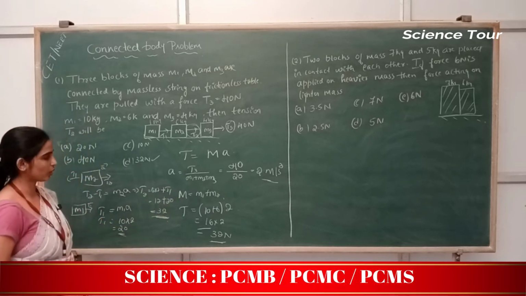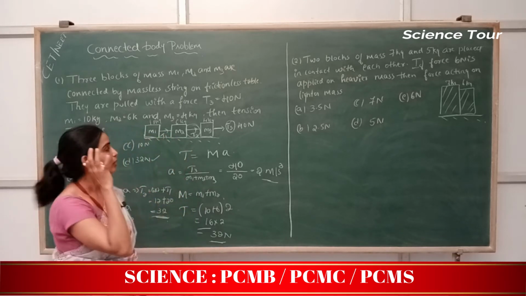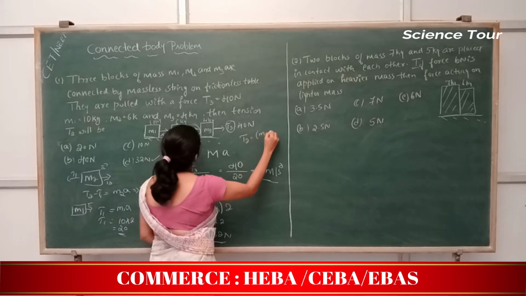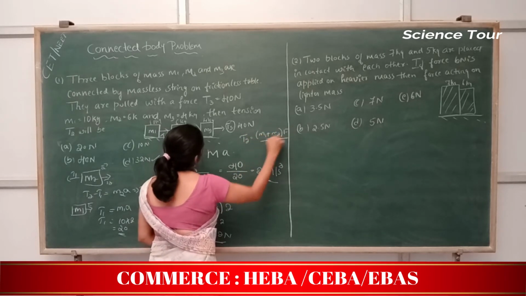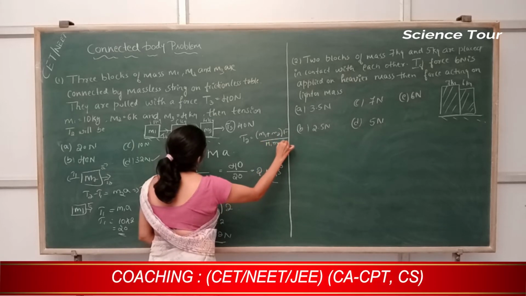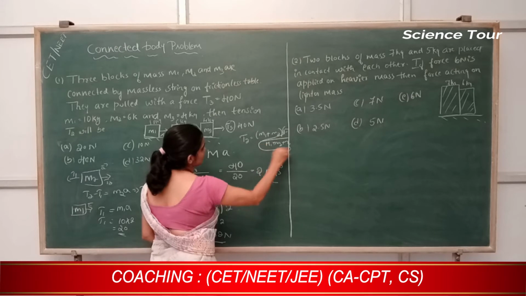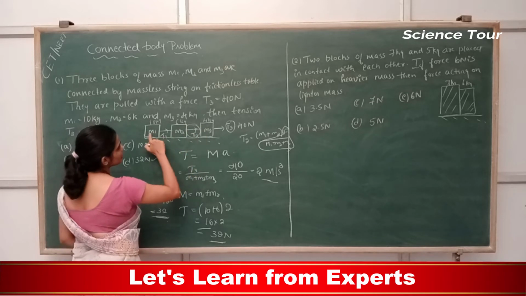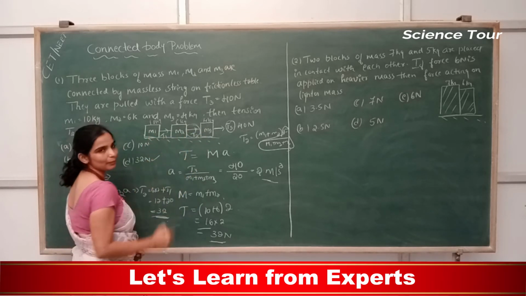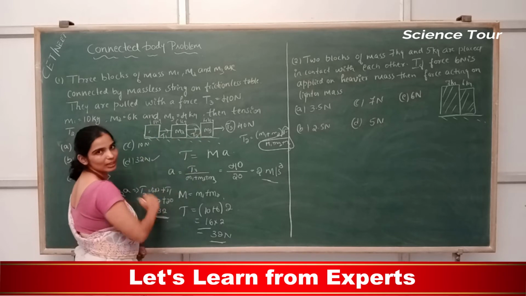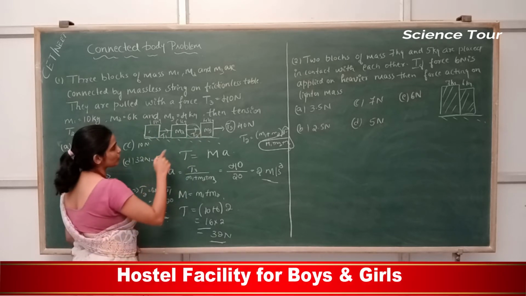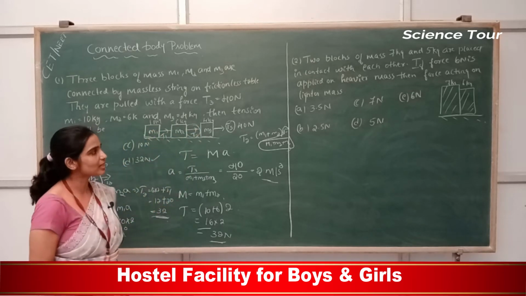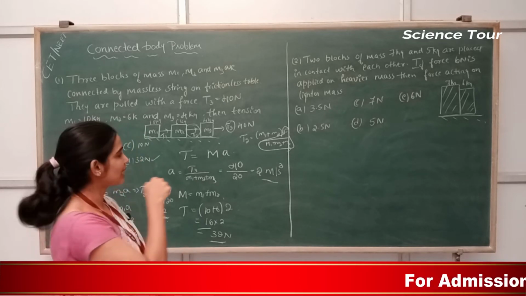So this way also you can do it, or else you can directly write the formula. So what is the formula for this? T2 is equal to (m1 plus m2) into force divided by (m1 plus m2 plus m3). This is the acceleration. How do you know it is m1 plus m2? See, this tension pulls m1 and m2, it is not pulling m3. If m1 is 0, this tension will not be 0 but reduced. If m1 and m2 both are 0, this tension will be 0. So that's why (m1 plus m2) into acceleration is T2.